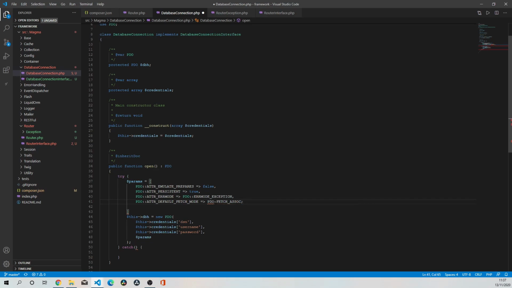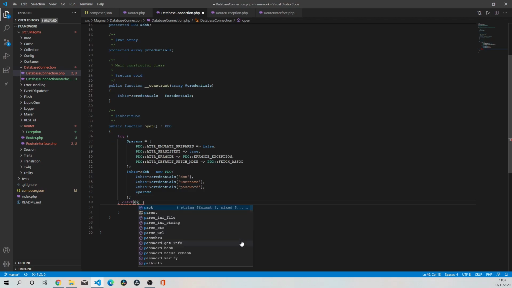And again, mistake right here. Add that in. Take that off. Still having issues with keyboard. And so this array is going to be passed down into our PDO object as the fourth argument. So within here, I'm going to say PDO